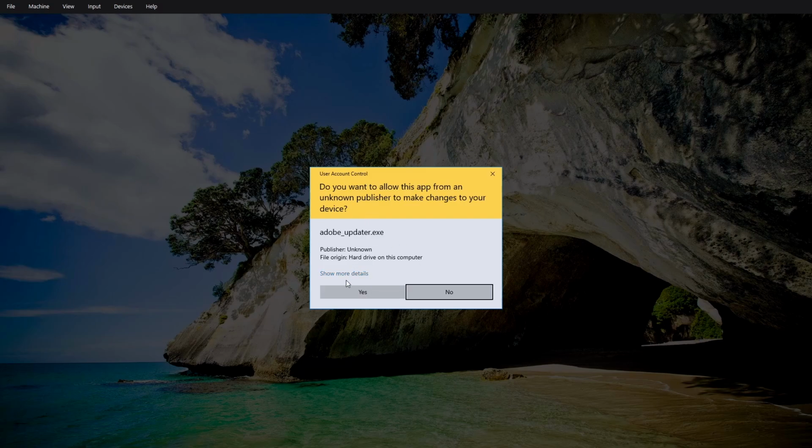I want to pause here and make a quick note. If you're using an administrator account as your daily driver, this is one of the core reasons why we say that that's a bad idea. Because if you run something by mistake, you're running it with those admin privileges. So I'm going to go ahead and say yes to this, and we're going to see what happens on the